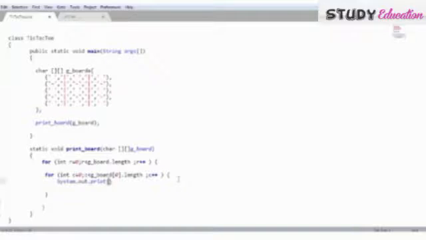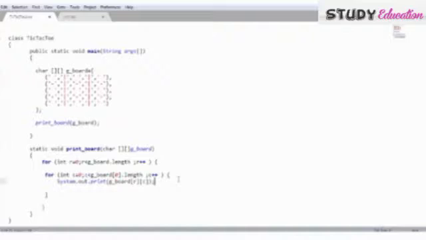Just a print, because I want each row in a single line, then the next line starts and I get another row, then another row. So I will use only print, and just print the elements, row and then column.